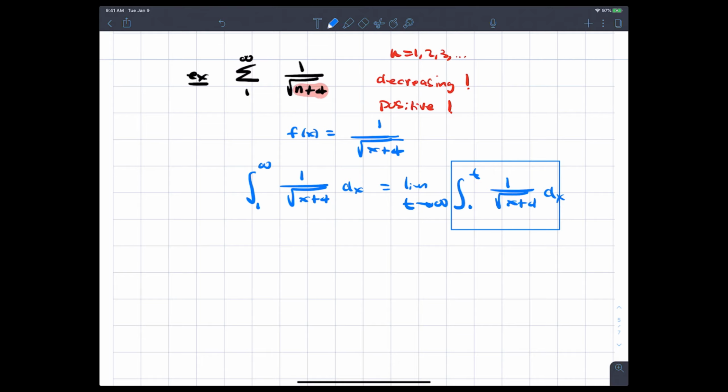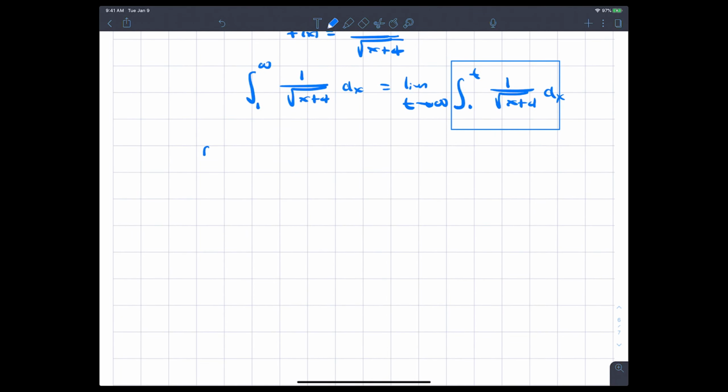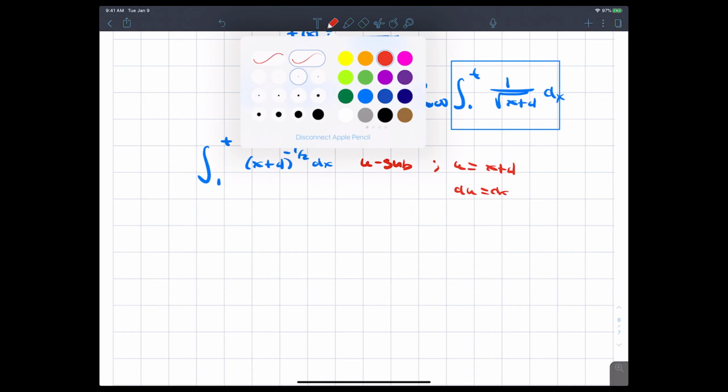So this is going to your homework on improper integrals. So when we integrate this, this will be x plus 4 to the minus 1/2 dx. And of course, you're going to say, do I use u sub? Yes, you do. And u is x plus 4. And you say du is dx. Okay, by u sub,